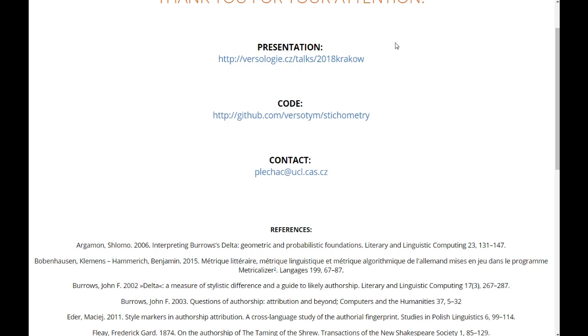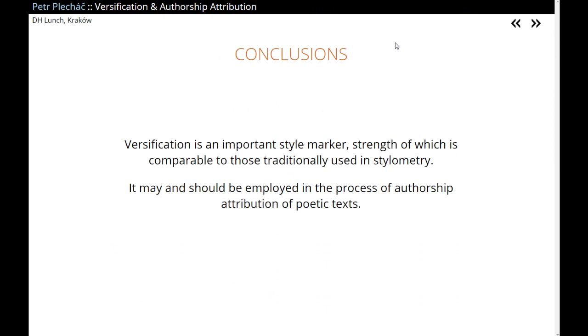And another question, just for clarification: I'm sorry, but I didn't grasp the method of taking the discriminators from versification. What was the exact procedure of coding the features of versification into, turning them into discriminators? So the first question,